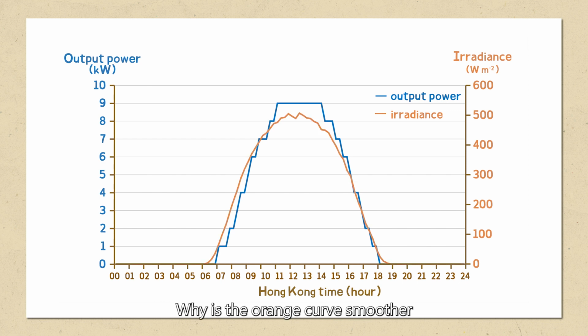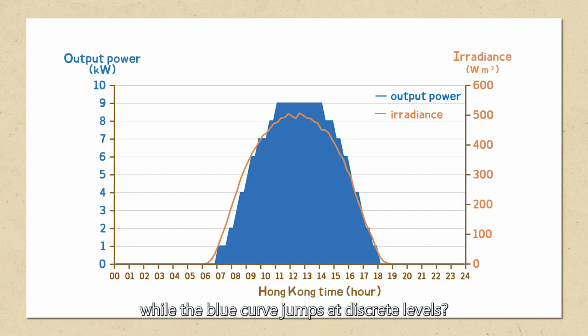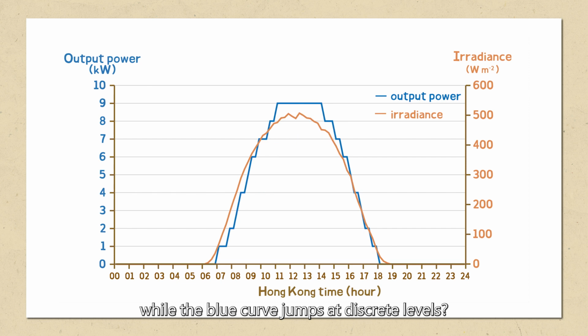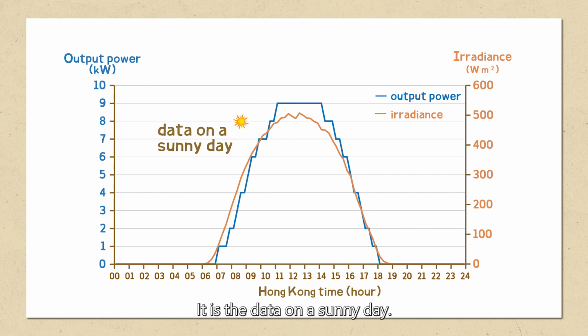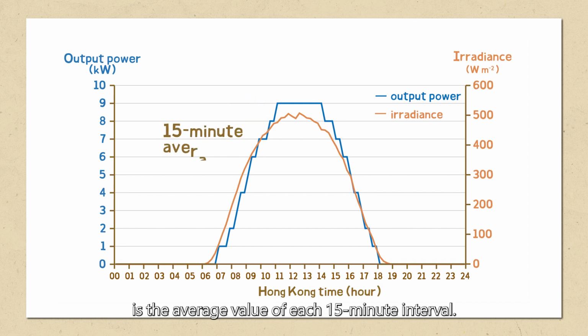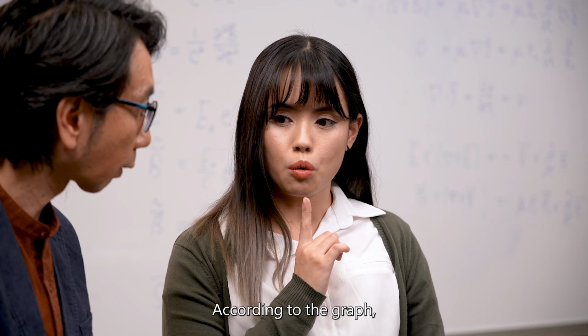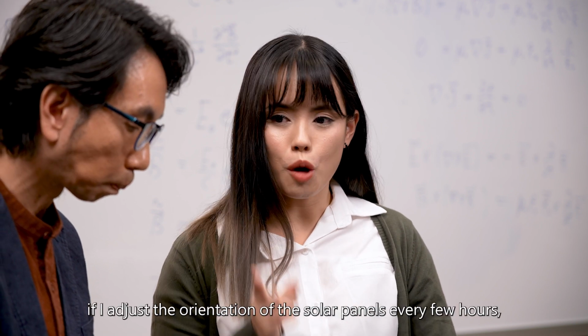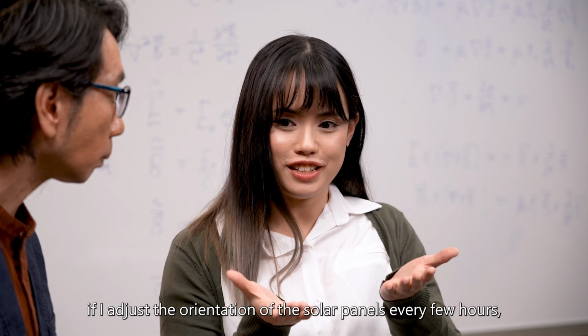Why is the orange curve smoother while the blue curve jumps at discrete levels? It is the data on a sunny day. The sunlight was stable. That is why it is smooth. The blue curve, showing the output power, is the average value of each 15-minute interval. It thus appears discrete. According to the graph, if I adjust the orientation of the solar panels every few hours,